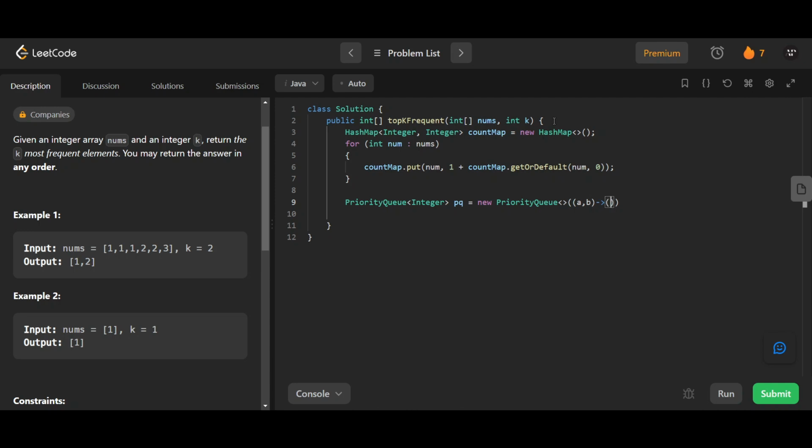It will return count map dot get of B minus count map dot get A, right? So based on the frequency, I'm adding it to the priority queue. And so let's add each element to the priority queue. So for each num in the count map,